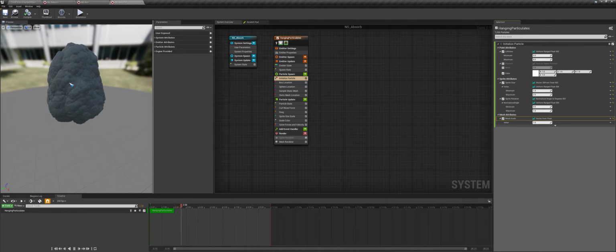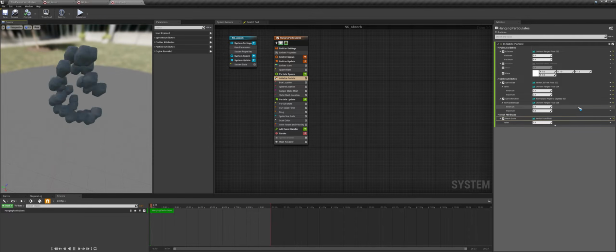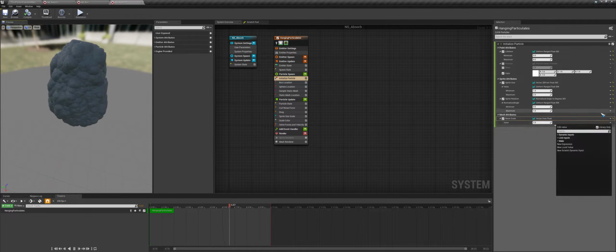So we can uniformly scale this in all the directions. So if you want to scale them independently in X, Y, and Z axis, you need to have the vector that we had before. But I just want to scale them uniformly. So I change this to a float. Now I can click here and type a uniform and uniform ranged float.